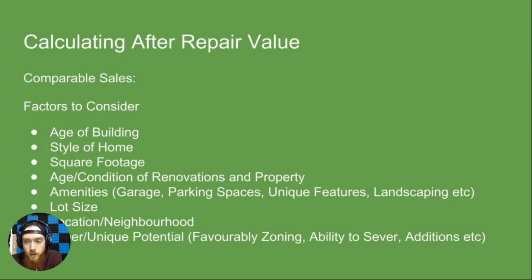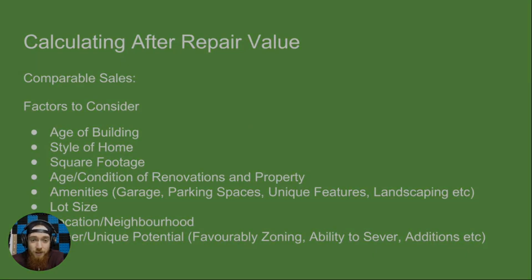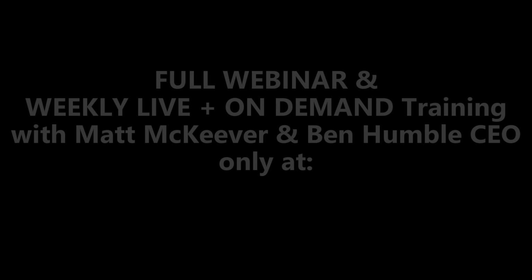So Sean's asking, what is the best way to get ARV when there are no good comps? Yeah, again, we're just going to have to try and get the closest things we have. We just need to find whatever data is available to us. So you're going to want to look at different factors such as